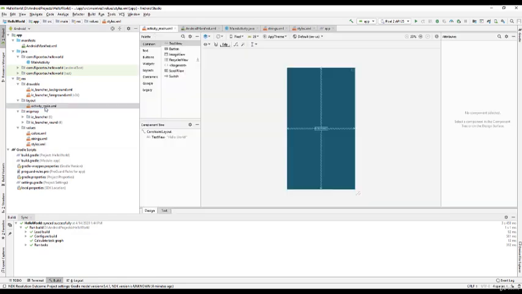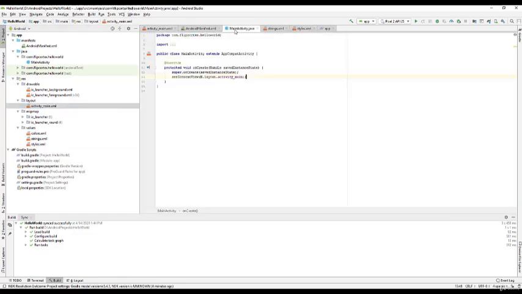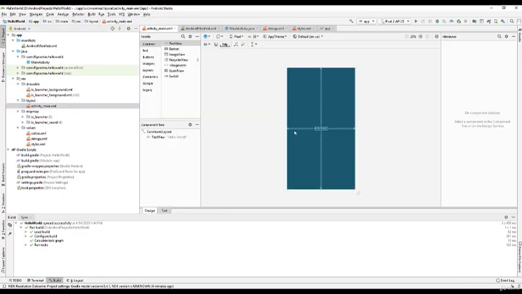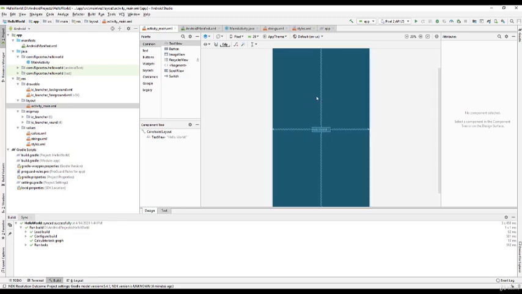So what else? Okay, so the layout of the user interface that's associated with an activity. Here we see that by default, it creates an activity called main activity, and the main activity sets the content to the activity_main layout. And if we go to the activity main layout, we'll see that this is the user interface that's created by default. We'll be looking at these user interfaces later on in the course.